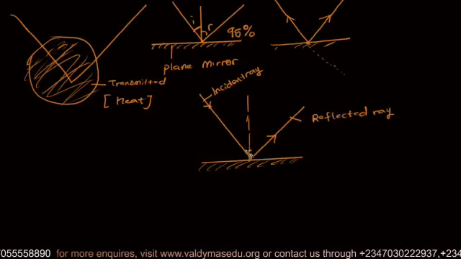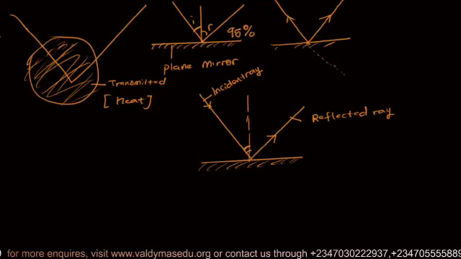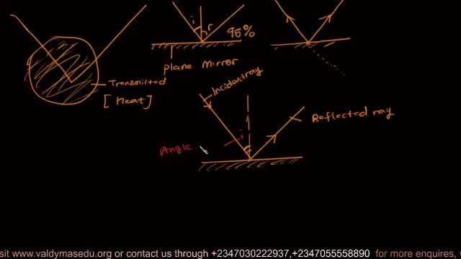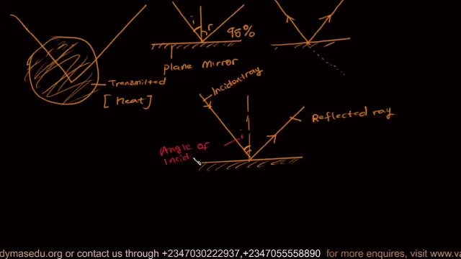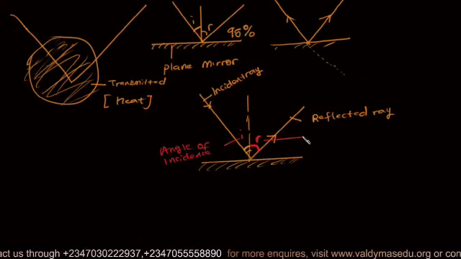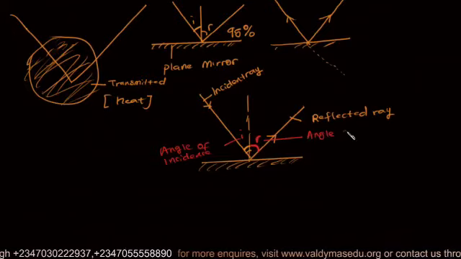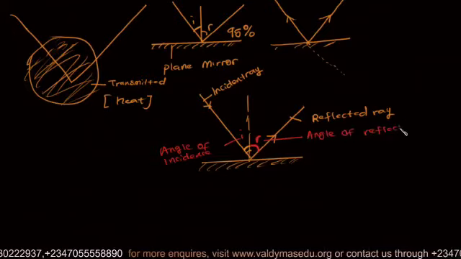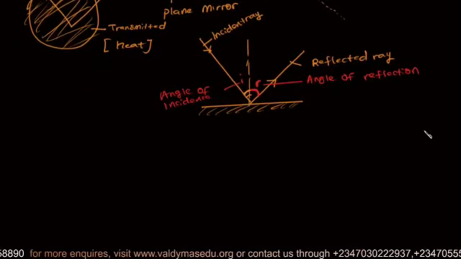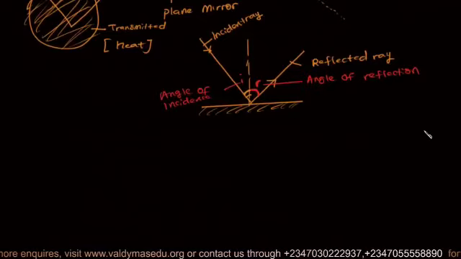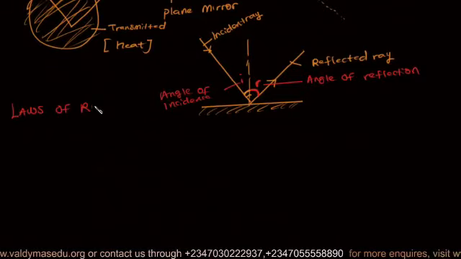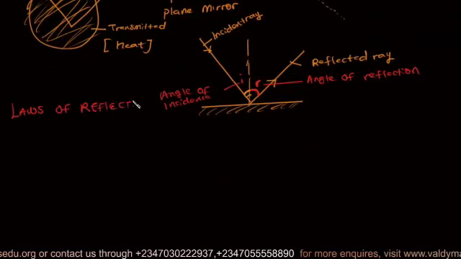But you see, the angle the incident ray makes with this normal is called the angle of incidence. And the angle the reflected ray makes with the normal is called R, which is called the angle of reflection. And that brings us to an assumption that this phenomenon can be summarized into two things, and we call them the laws of reflection, which states that one,